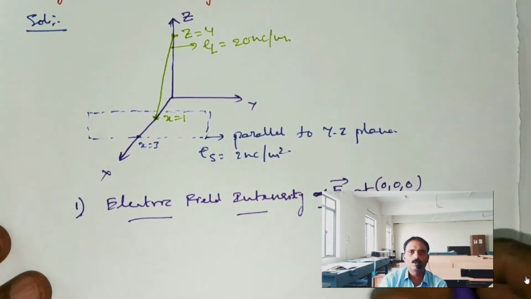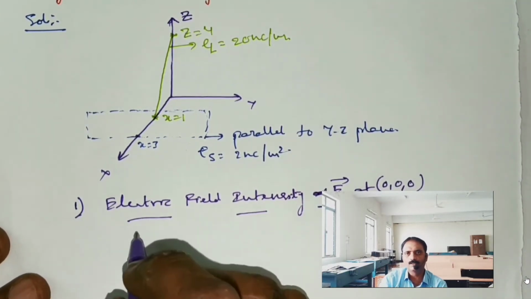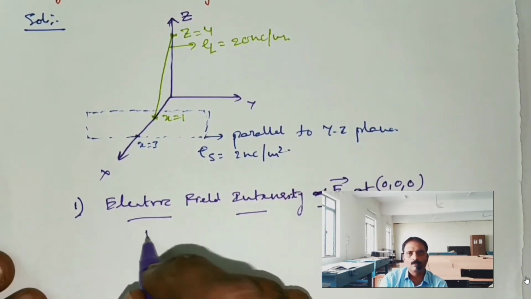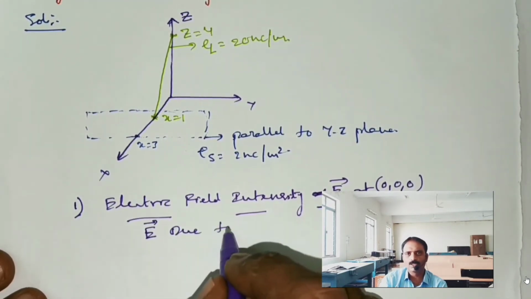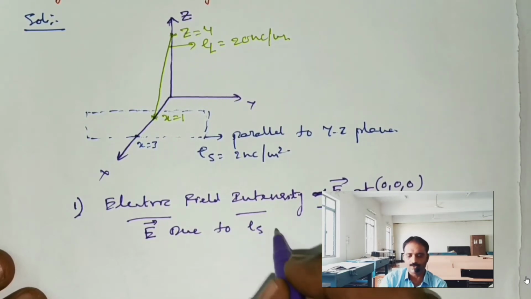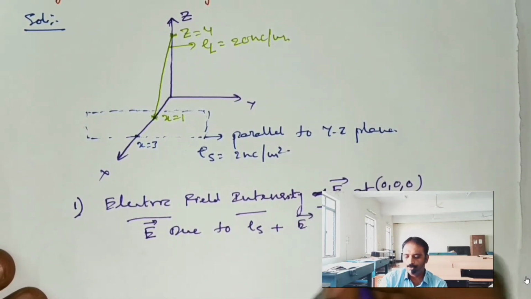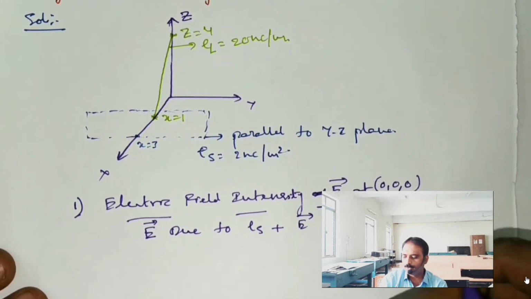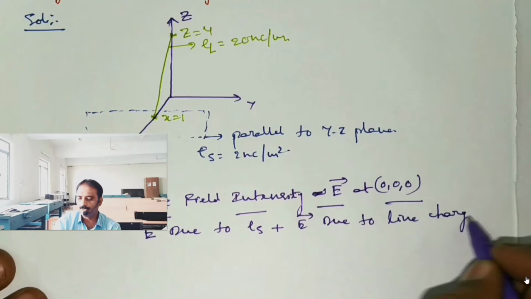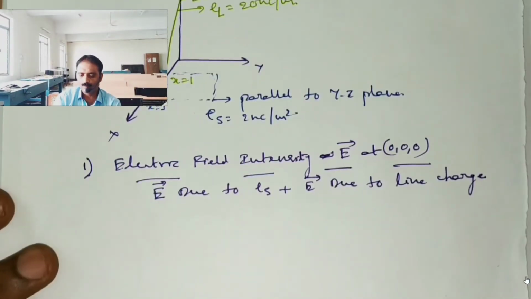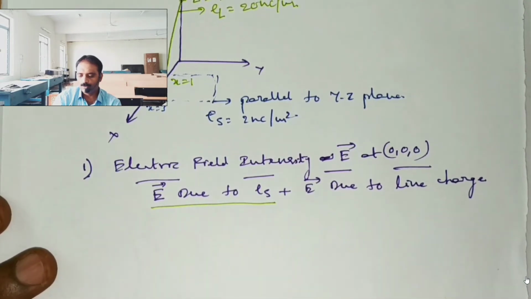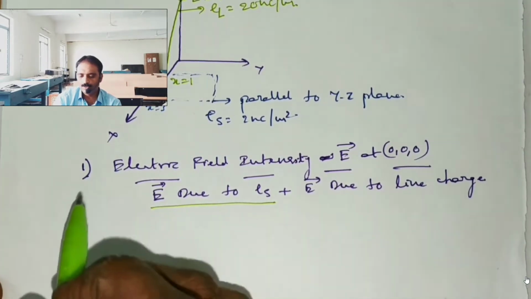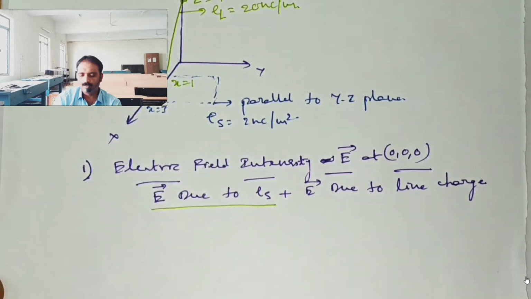Here the total electric field intensity at the origin is the resultant of the two charges. One is due to the sheet of charge and the other is due to the line charge. So E bar due to rho s, that is the sheet of charge, plus E bar due to the line charge located at x equal to 1 and z equal to 4. Let us first find the E bar due to the sheet of charge and consider this as ES bar,